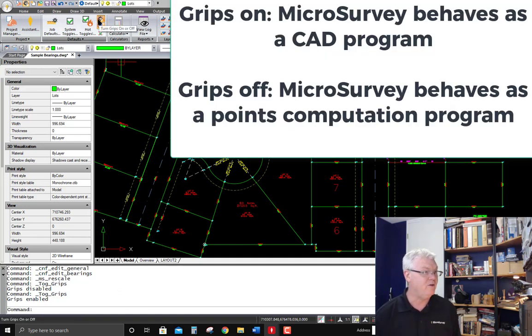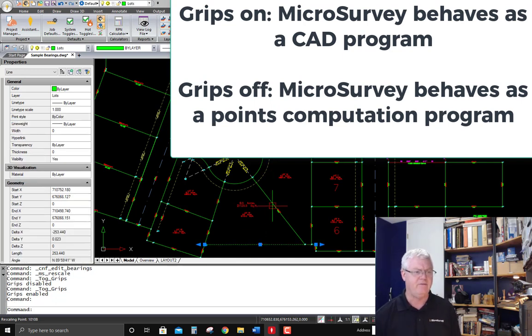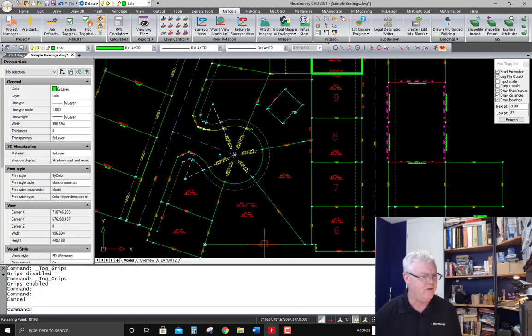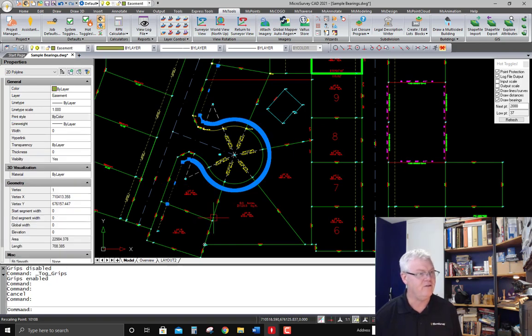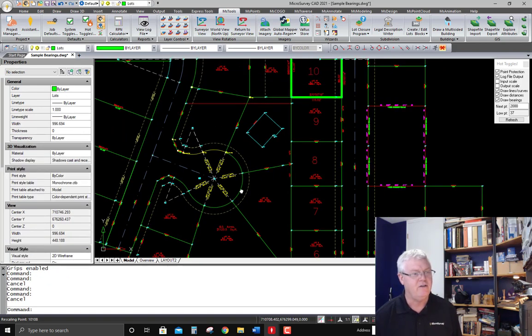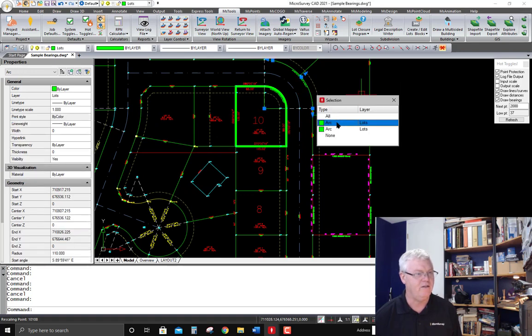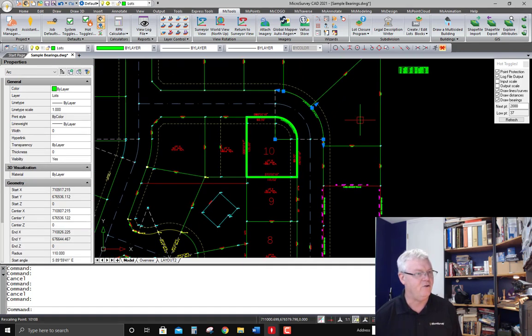And so when I've got grips on, I'll characterize that the program behaves like a CAD program. So you notice how I pick on a line and the grips appear, and that allows me to manipulate the CAD entity, and it won't touch your survey database. So I can pick on a line that way, I can pick on an arc, or in this case a polyline, and let's see, I've got a regular arc here as well that I can pick and look at the